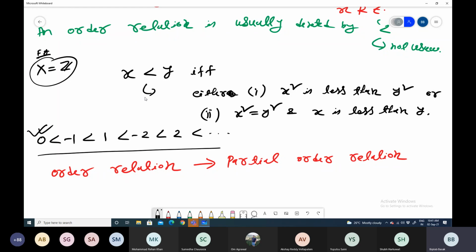I was saying that the new set Z will be like 0, -1, then 1, then -2, then 2, like this. Right. So what we are actually saying is that we are giving a new order here. For example,